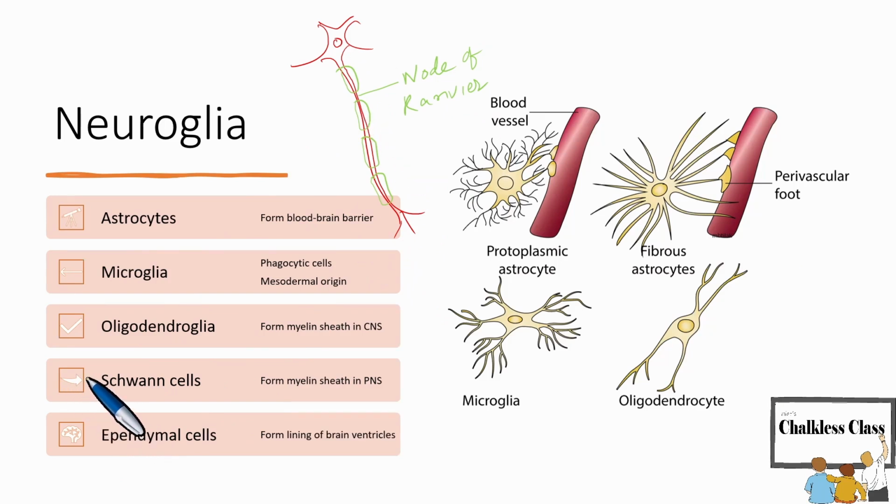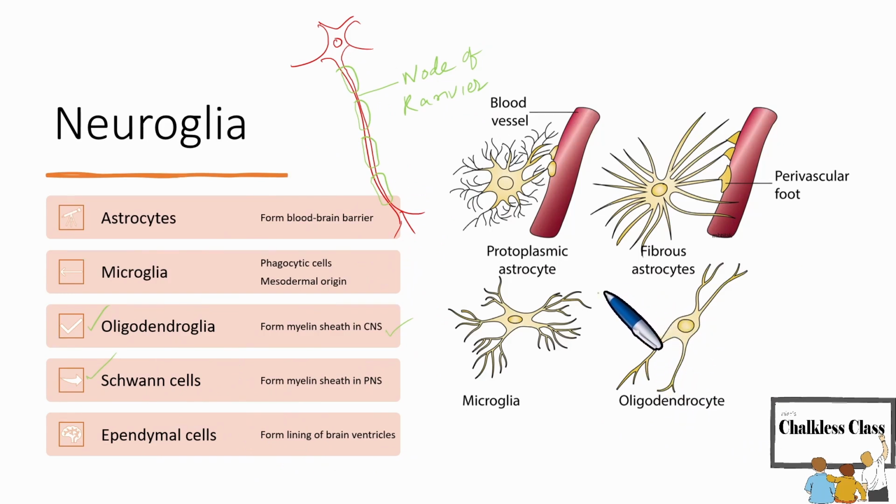So, the Schwann cells form the myelin sheath in the peripheral nervous system. And similar to Schwann cells, in the central nervous system, oligodendroglia are present. These oligodendroglia form the myelin sheath in the central nervous system. In the peripheral nervous system, Schwann cells are forming, and in the central nervous system, oligodendroglia or oligodendrocytes will form the myelin sheath. Next one,